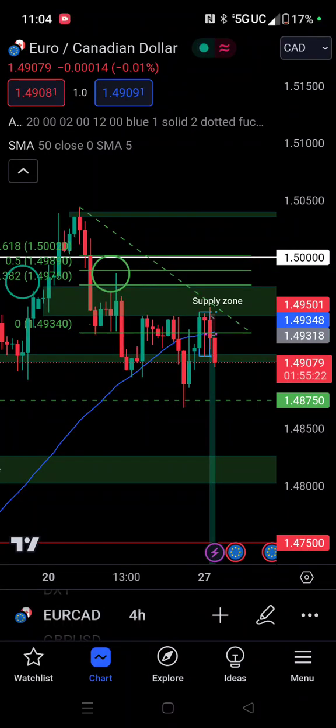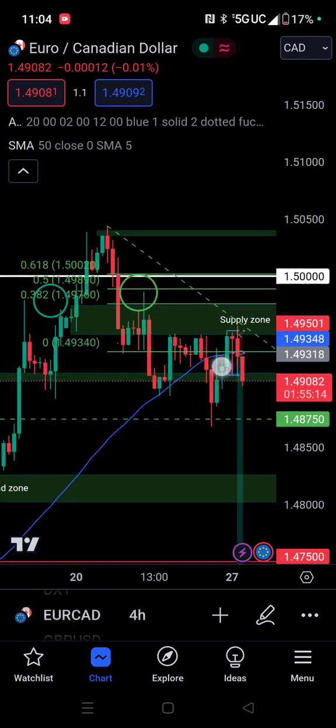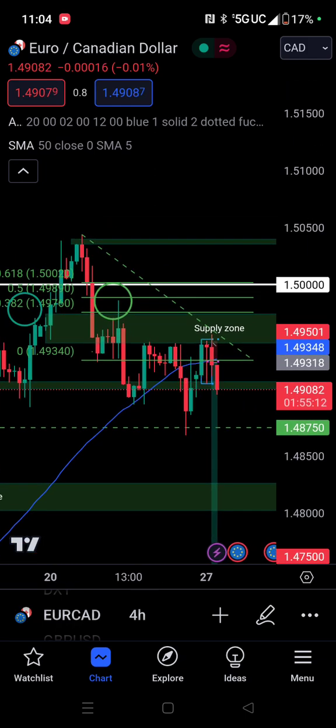Eurocad analysis. We are going to continue this analysis. I am already in the trade. I'm going to explain why I made the trade. So, out of the 7 steps that I follow always to make a trade, the first step is